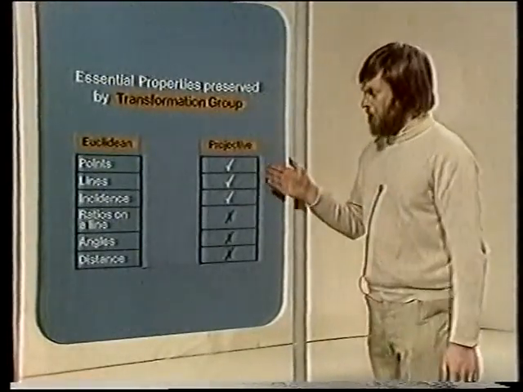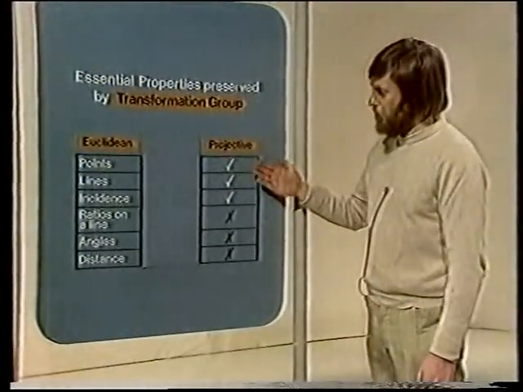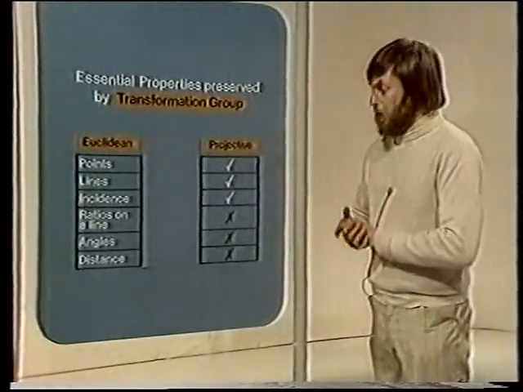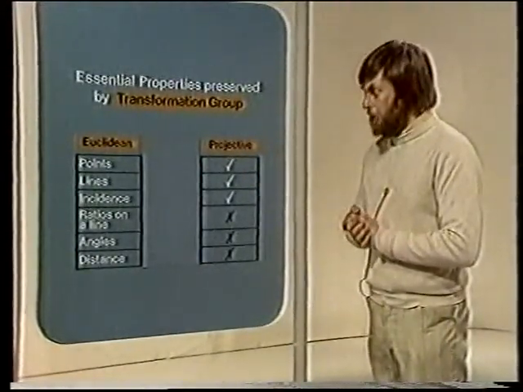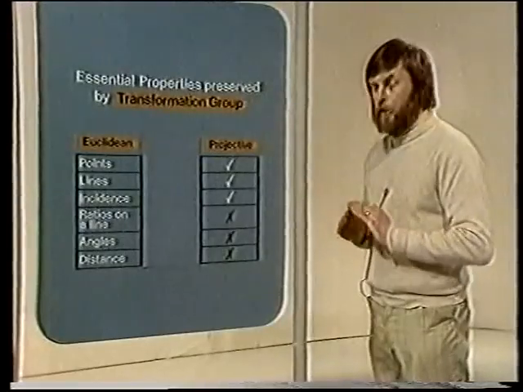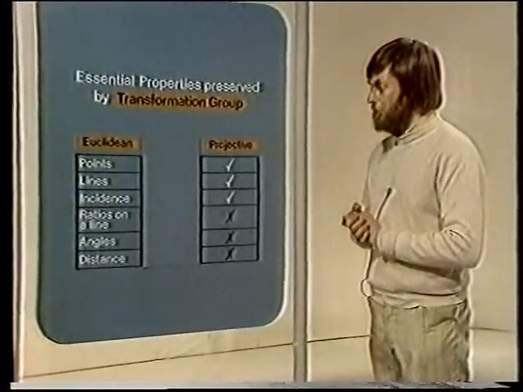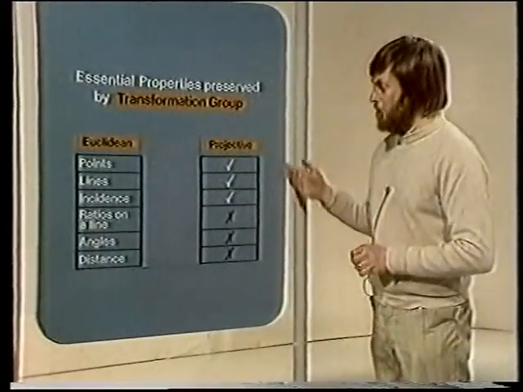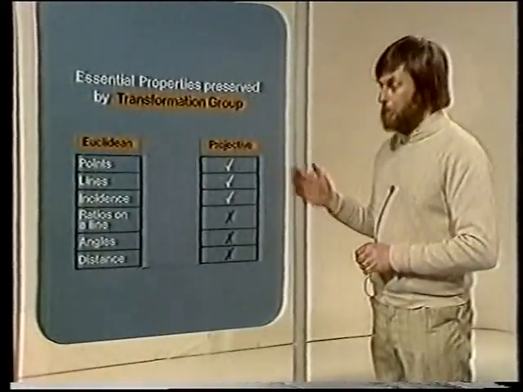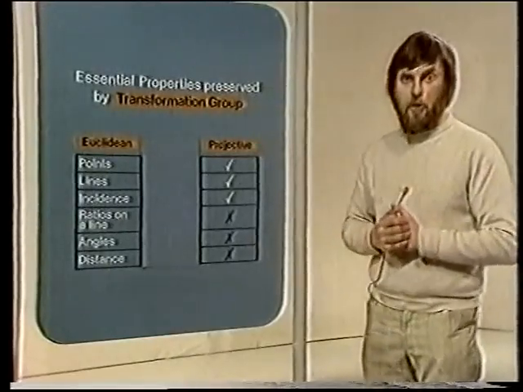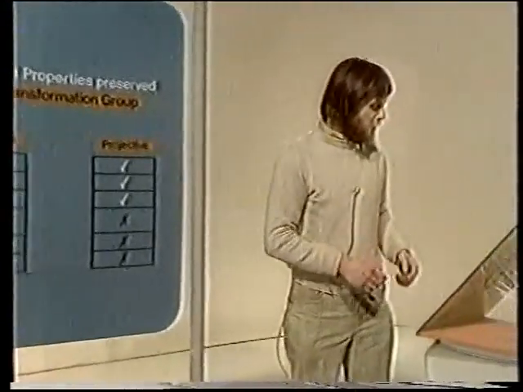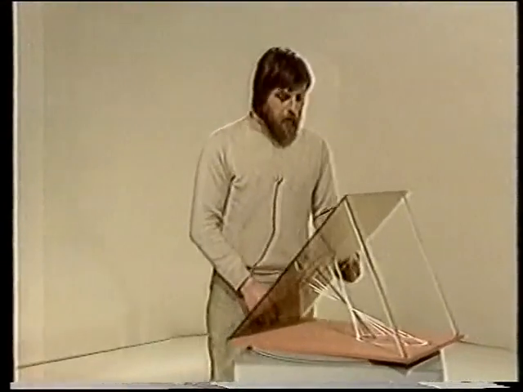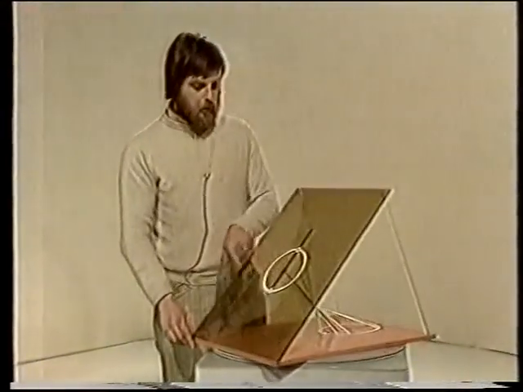Well, it seems a pretty drastic step to cut down the properties being preserved to just these three, but nevertheless it still gives us a geometry because we still have a space and a group acting on the space. Now the group's very different from the Euclidean group of transformations because it preserves a different set of properties. And as a matter of fact, the space is different too, because if you remember, the projective plane isn't just